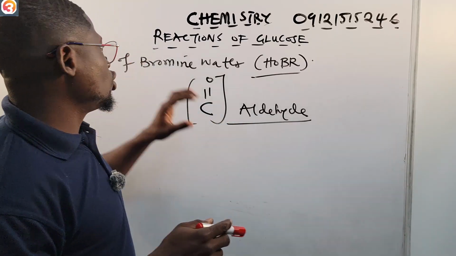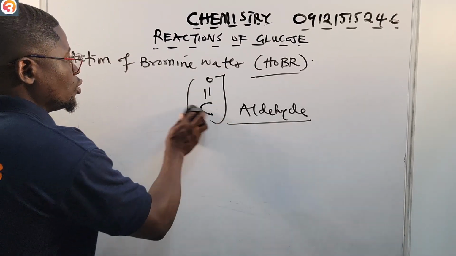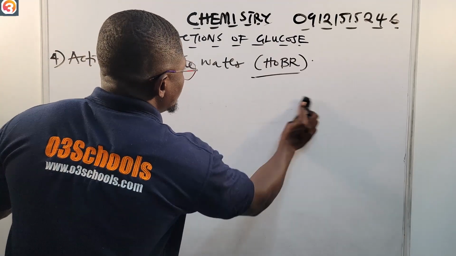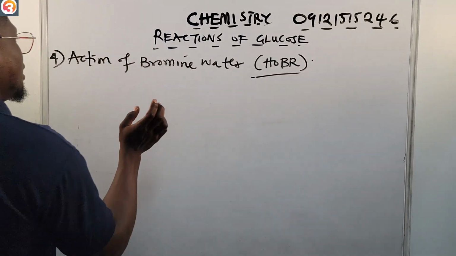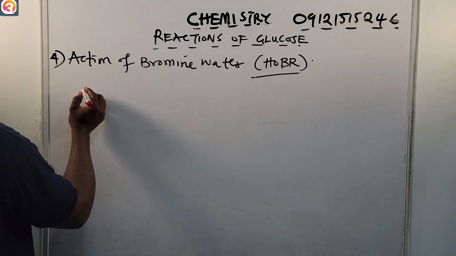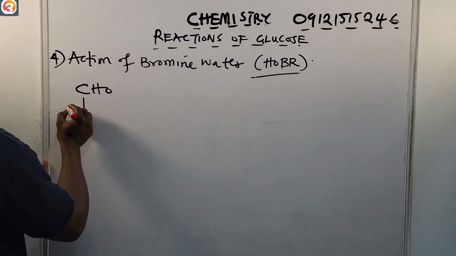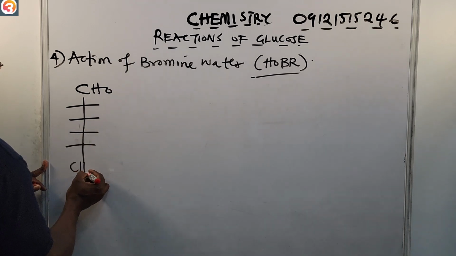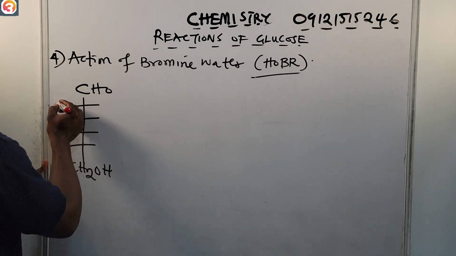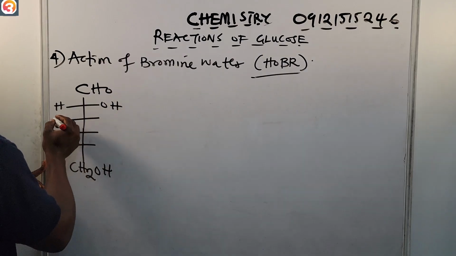So the action of bromine water on glucose. Let us see that reaction to give us gluconic acid. So we're going to have our glucose as usual, CHO, all right, 1, 2, 3, 4, CH2OH. Okay, HOH, HOH,